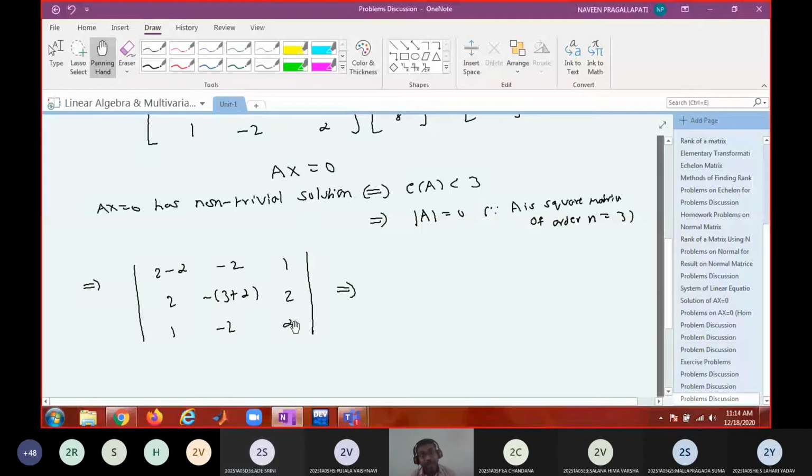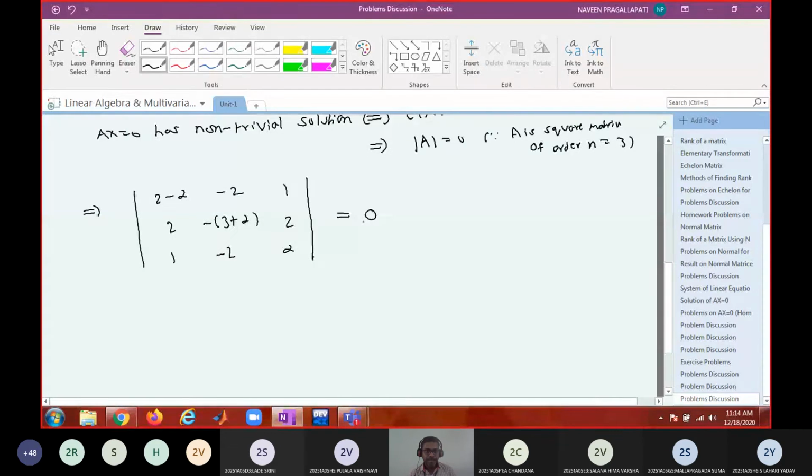You know, you can apply row operations on determinant. You remember? So either you find out the determinant through the traditional formula, or you apply some row operations and simplify the determinant. I don't mind. Use your previous knowledge and equate this to 0, and get an equation that will be a cubic equation. Solve that cubic equation and tell me the roots. I just want to know the cubic equation. What is that cubic equation? I'm not going to simplify. That is left to you.